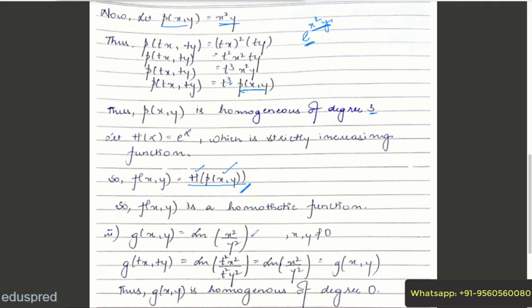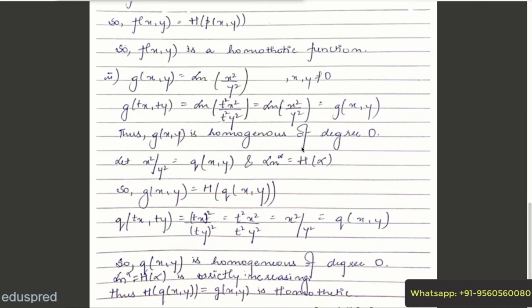Now let's come to the second part. So we will first try and solve for homogeneity, that is g of (tx, ty). Again making the substitution of x with tx and y with ty, I get ln of t square x square divided by t square y square, which is ln of x square by y square, which is g(x,y). Now here you will think that I am not able to see t, but we have t to the power 0, which is equal to 1, and if I multiply any function by 1, that will give me the function itself. So this is g(x,y) only. Thus my g(x,y) is homogeneous of degree 0, as here t has a power of 0.